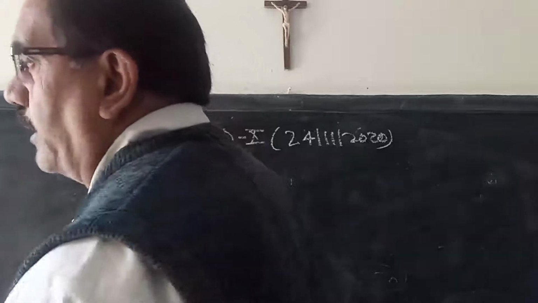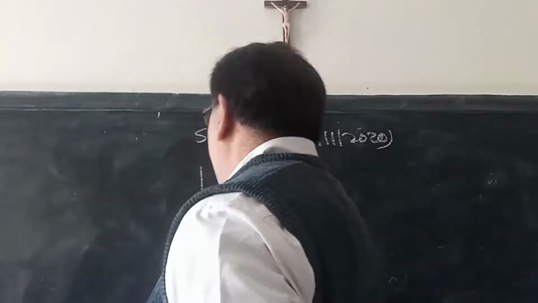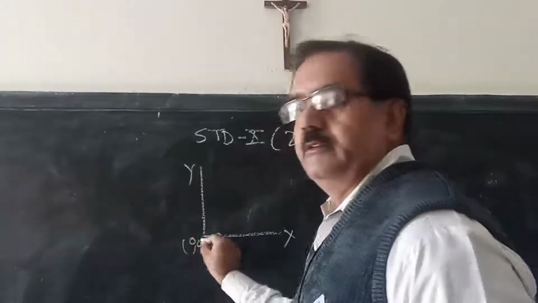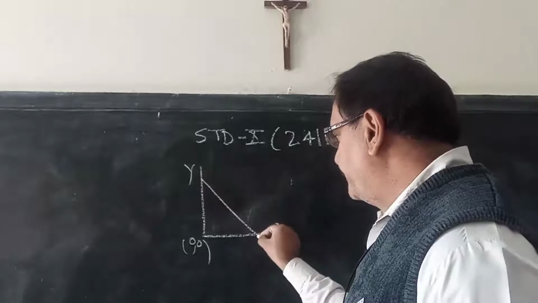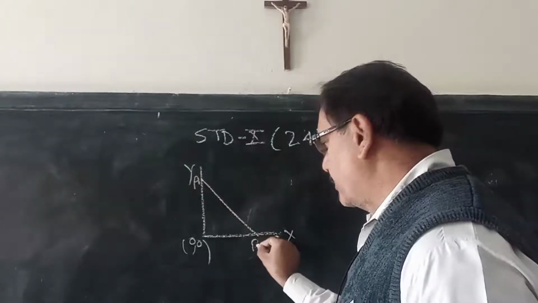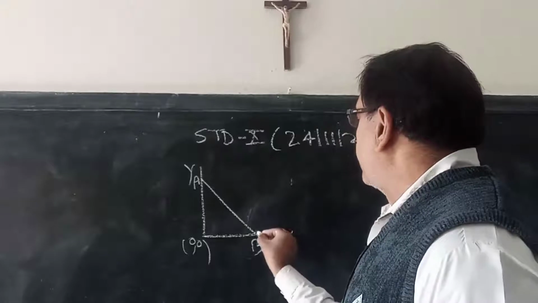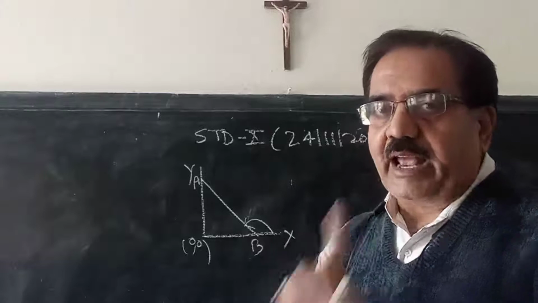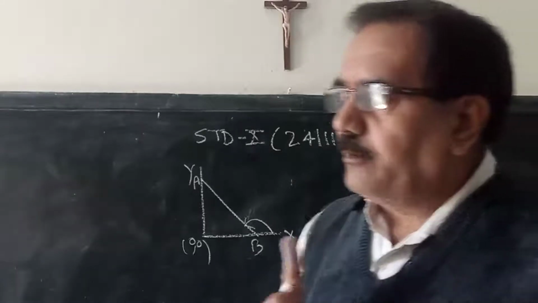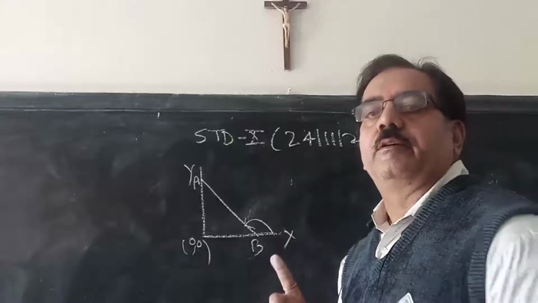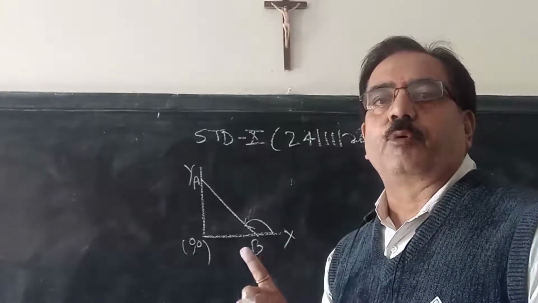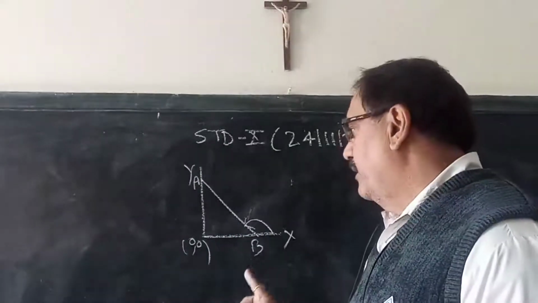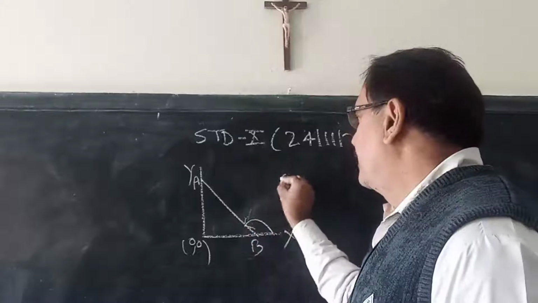Once again we call this one. What is the first one? This is the x-axis and y-axis. This is the origin. AB is a line, a straight line of course. The AB line makes an angle in the positive direction with the x-axis. If a line makes an angle with the positive x-axis in the positive direction, positive direction means anti-clockwise, it is known as slope.